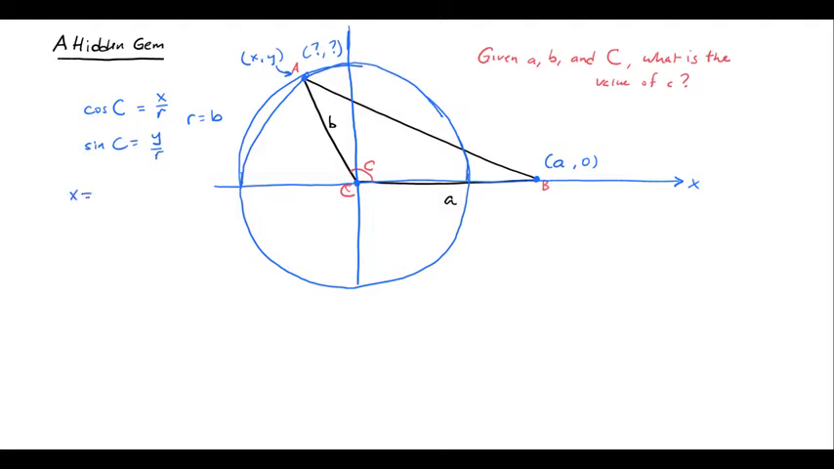Well, if I multiply this equation on both sides by r, I get x equals r times cosine of C. So since the radius is b, that is b times cosine of C. And y is going to be r times sine of C, so that's going to be b times sine of C. So the coordinates of this point here, point A, are b cosine of C, comma, b sine of C. So now I'm going to use the distance formula